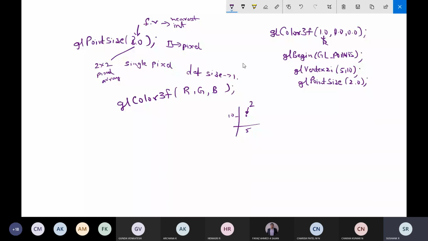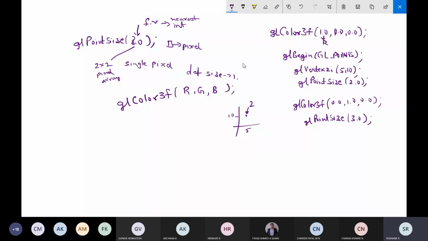After this, I'll write one more thing. If I want to set the color green, it's color3f with red 0, green 1.0, and blue also 0. If I want to set the size to 3, set the point size to 3.